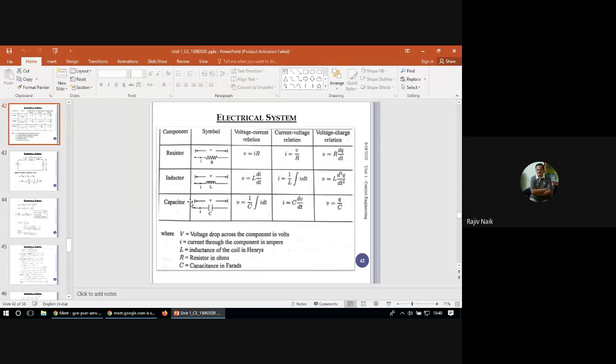Otherwise, what will happen? For a house at an elevation, or a multi-story house, at the top floor there will be no water, and on the bottom floor the pressure is so high that the pipe will start bursting. So the pressure has to be regulated. To analyze how much pressure drop takes place at different points, you have to analyze the system by what is known as network analysis. So you may say it is the job of a civil engineer. Generally, urban water supply is dealt with by civil engineers.